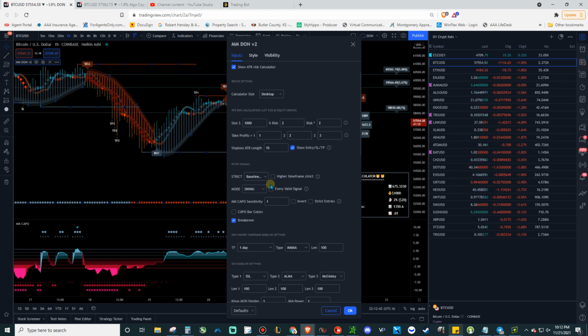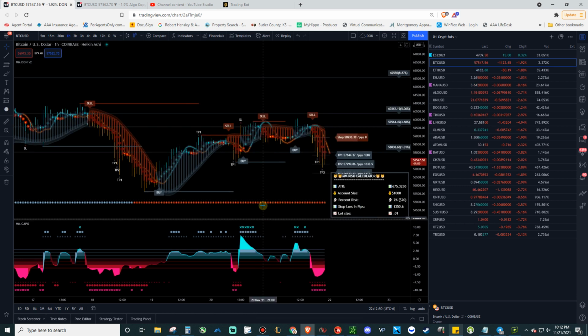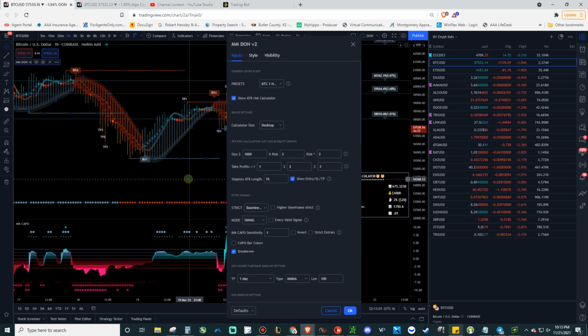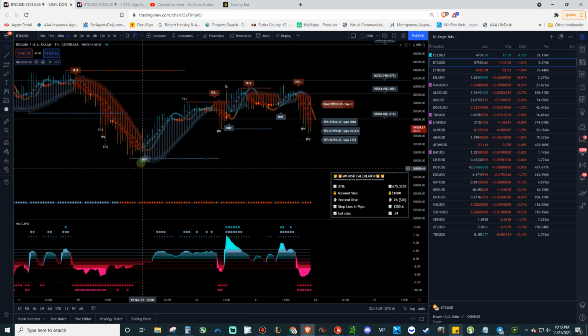Another thing too is you can also change the mode to swing or scalp. And that's a really cool feature because some markets are just not good for swing trading. So if you're trying to swing trade in a choppy market, obviously you're going to get chopped up because the market's kind of swinging back and forth, always taking your stop out. You can actually change this to scalp mode, and it's going to change your buy and sell